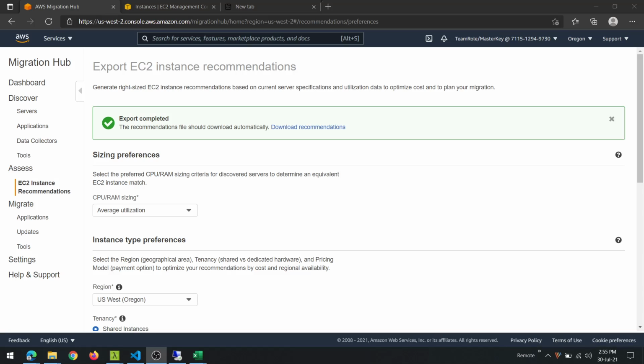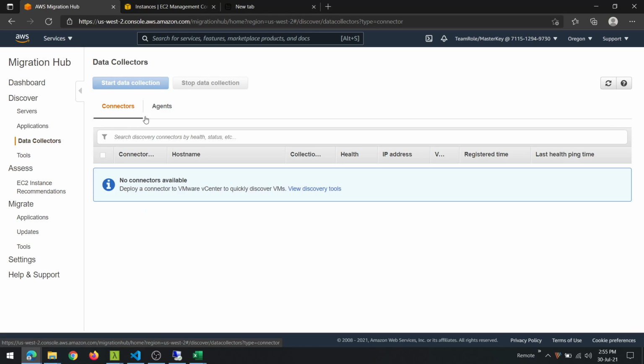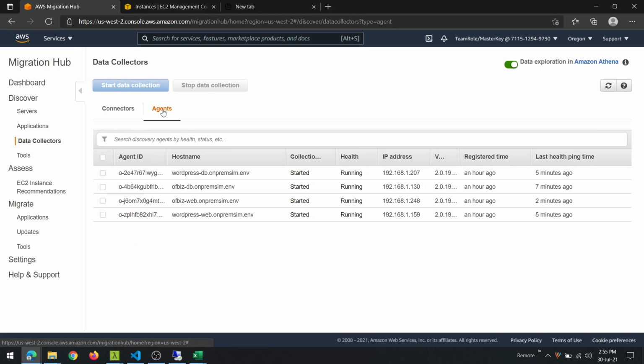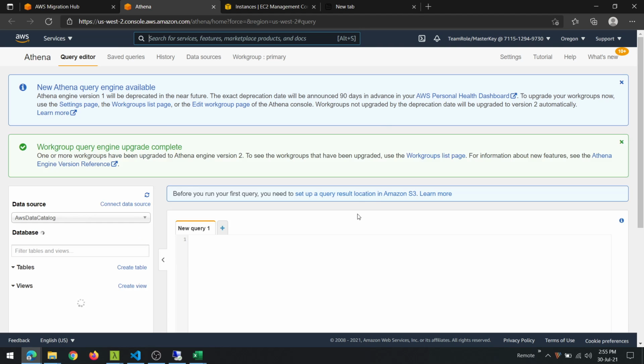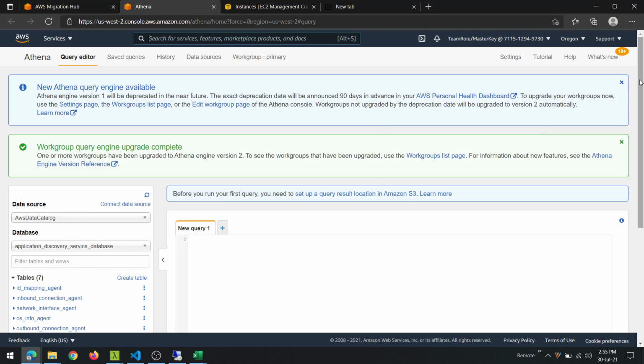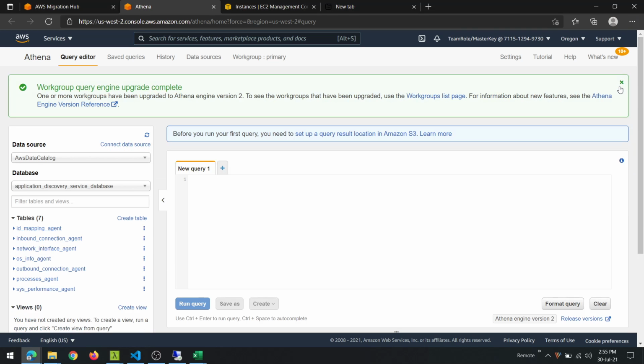Another thing you can do with the data discovered by the ADS agents is to visualize that data using Amazon Athena. So for all the server data that is collected, you can click on explore data in Amazon Athena in order to start exploring the data using SQL-like queries. So you can get rid of these pop-ups.